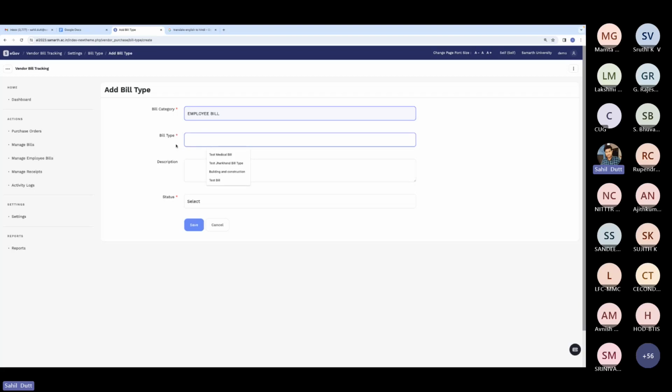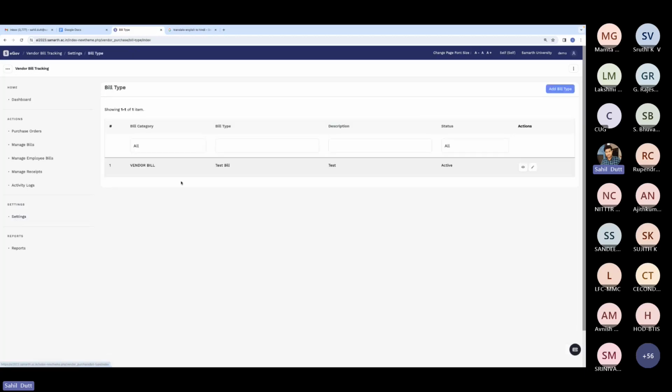So the bill type can be defined here, and a description and the status can be given here as well. This way we will be able to define the bill types. As I have configured a test bill type, you can see it is of the vendor bill, and the test bill type is here, the description is here, and the status is here. So after that,